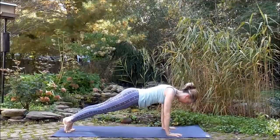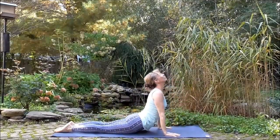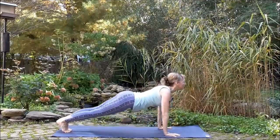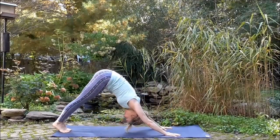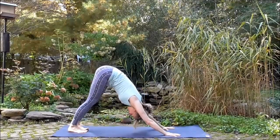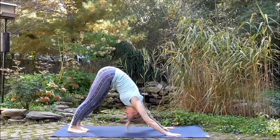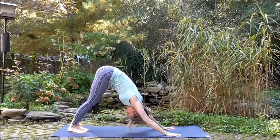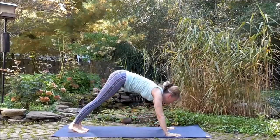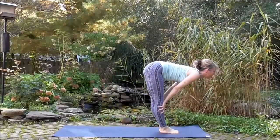Now we exhale, coming back, chaturanga, up into your cobra, head way back, try to look up to the ceiling or the sky, and then exhale down into a downward dog. Again, your navel to the back of the spine as your tailbone goes up to the ceiling. Breathing in deeply, pressing all four corners of your feet and your hands down, and then exhaling, step or jump